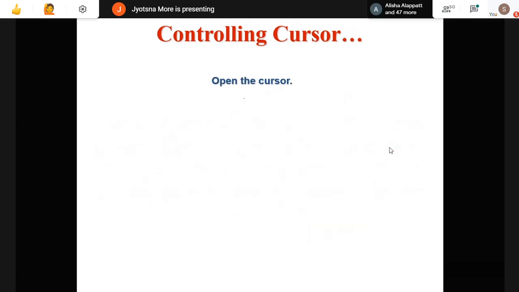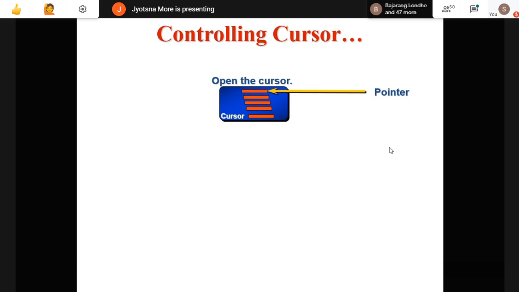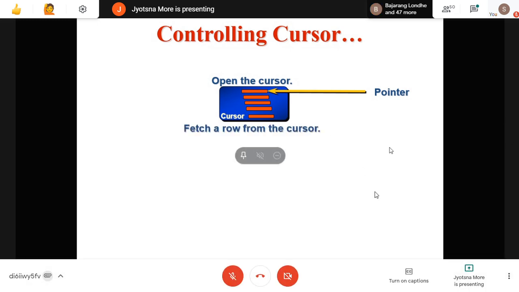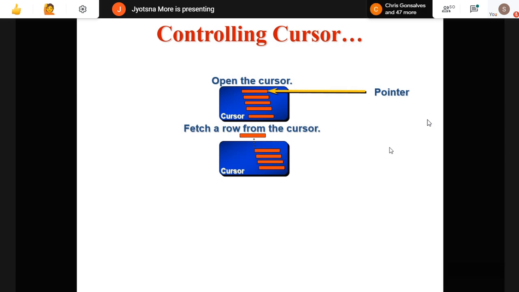So now here, open the cursor. When you open the cursor, it will start with the active set which you have selected. Suppose the cursor is active at this pointer on the first row. So it will fetch that particular row into the variable which I have written. So that variable will get that data. Then the cursor in a loop will go ahead. It will go to the second row which is available with the cursor.